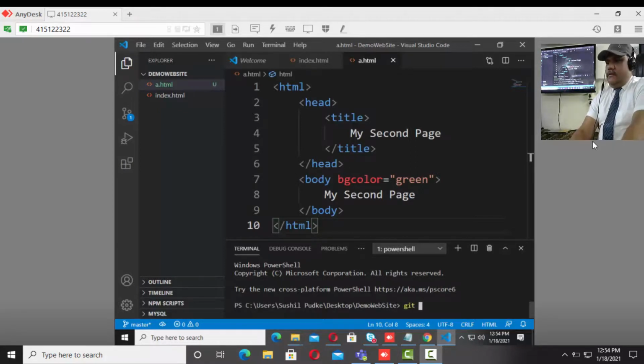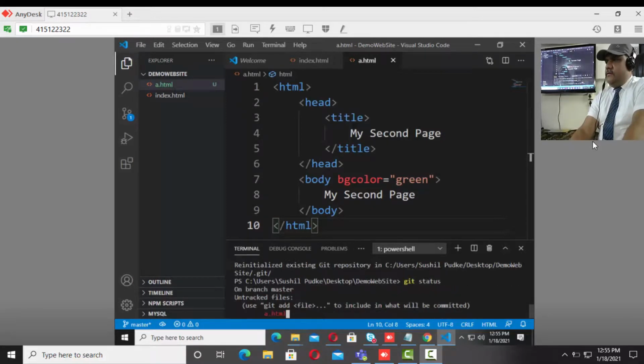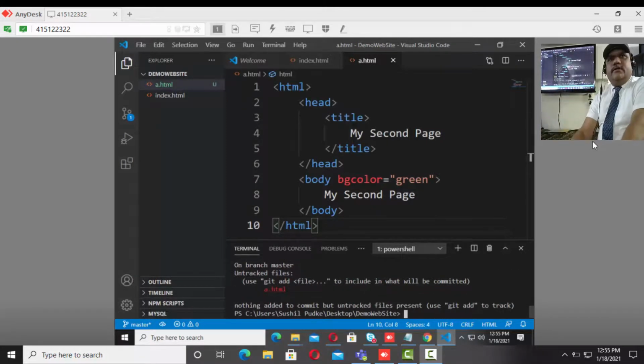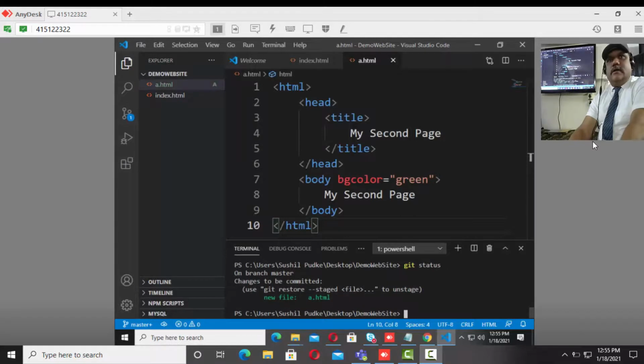git init. Already initialized over there. git status. That a.html is new, so let's do git add dot, or git status. It is added over there. And then git commit